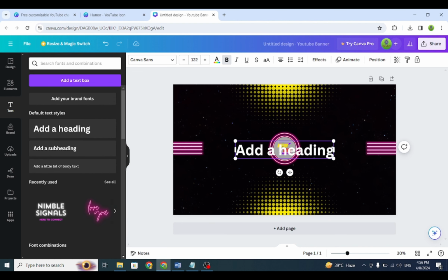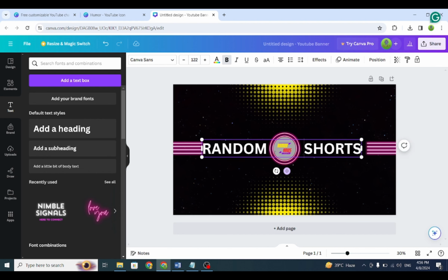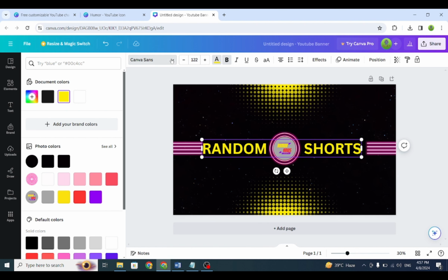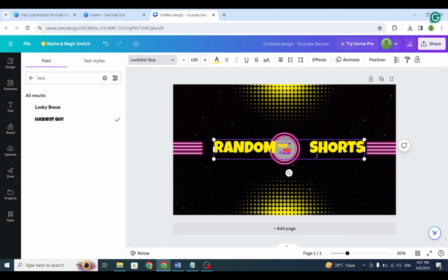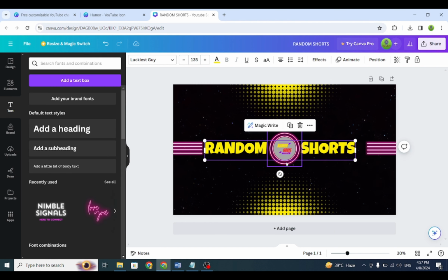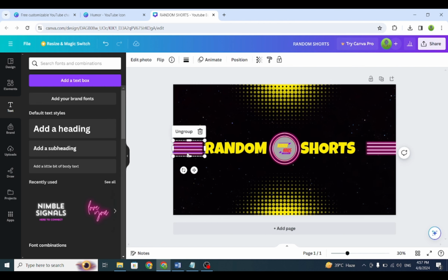I will rewrite the text in this format. Choose it to be yellow and select the Luckiest Guy font. Then we finish this and download our banner.